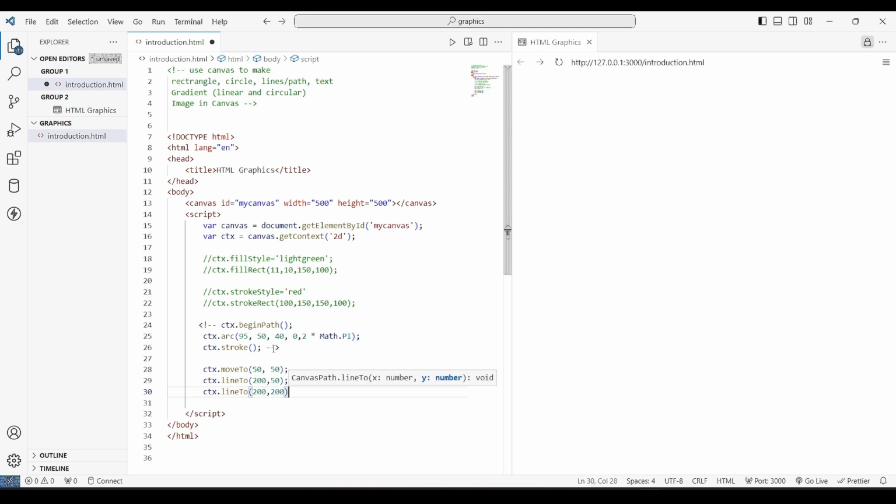Let's say this. So what I have done here, first of all, I set my pen to 50,50, then I moved that to 200,50. You can imagine, if there is a graph, and this is my pen set here, it will move here. Let's say 200,50 is here, so it will draw something here. Then again we have got 200,200, so it will move here. Let's see